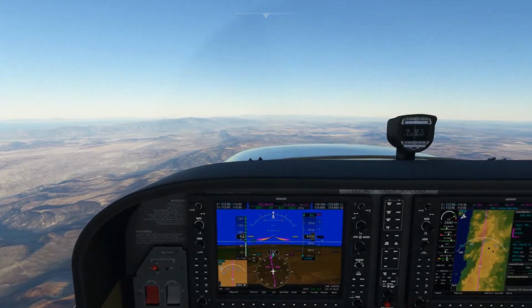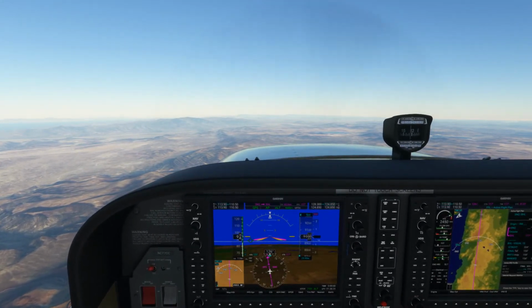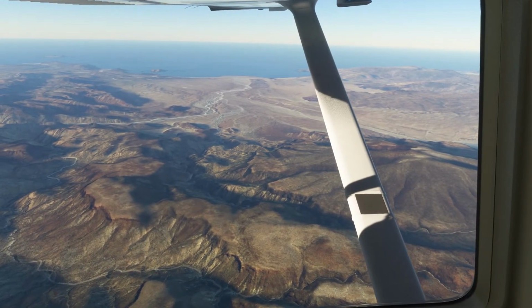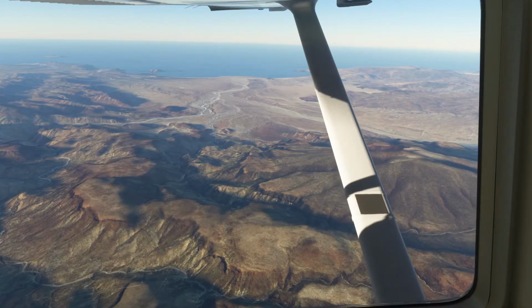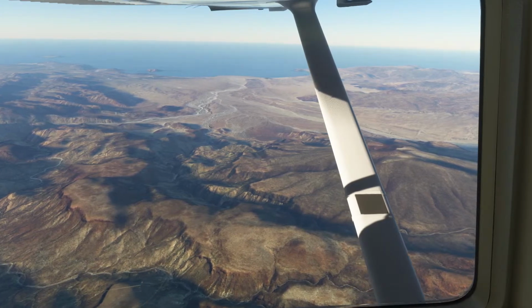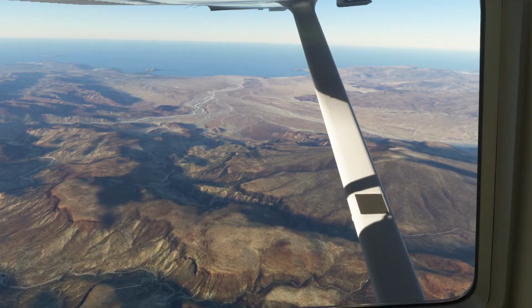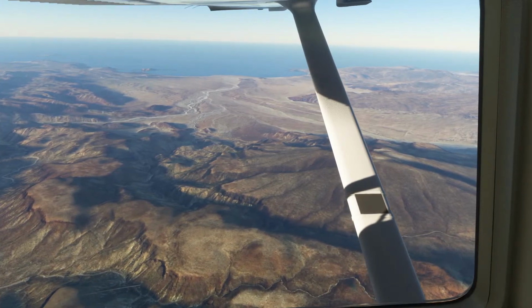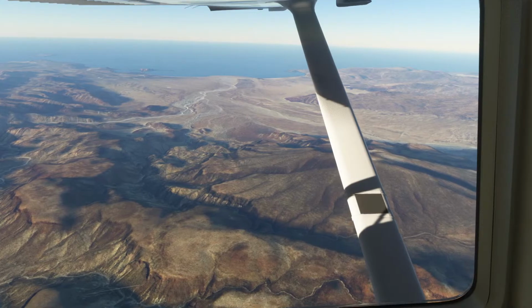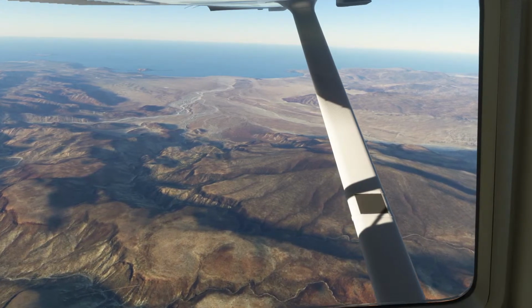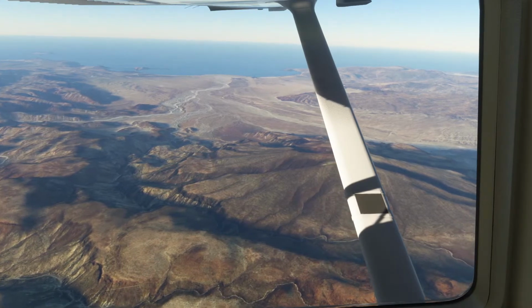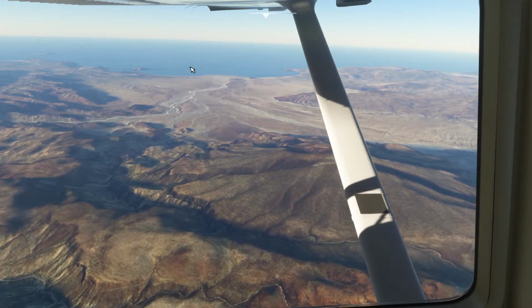So it's almost like straight overhead, actually. A few canyons there. You see a little bit more now of the Gulf of California. Like a dried up riverbed here.